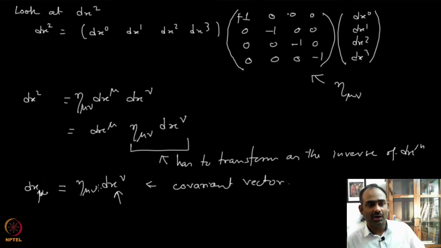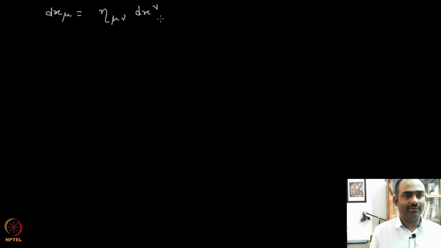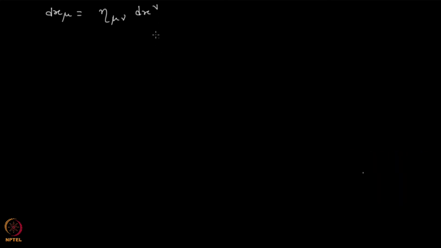How about the opposite? How do you go from here to there? If you are given a covariant vector, how do you construct a contravariant? And that is easy to see, because what you have here is a matrix times a column. Now if you multiply the inverse of this matrix on both sides, then I can free up the left-hand side and I will have the contravariant object in terms of the covariant object. Okay, so let us do that. So right now I have dx_mu as eta_mu nu dx^nu,